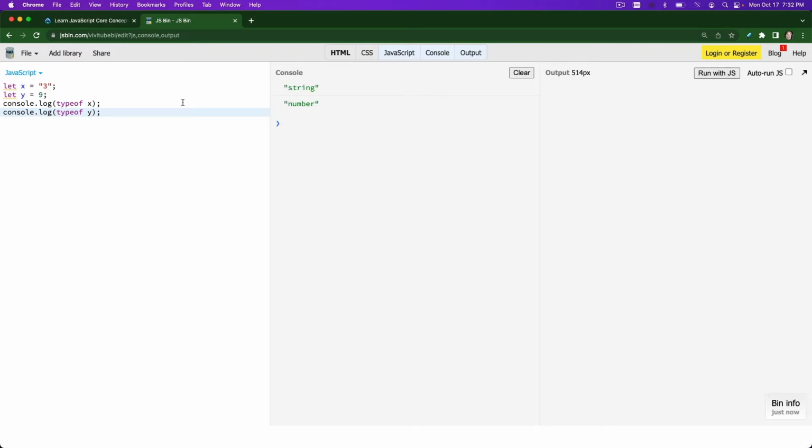And run that. So as you can see, x is a string because it's inside a quote, y is a